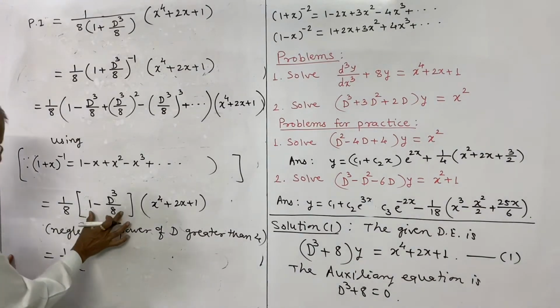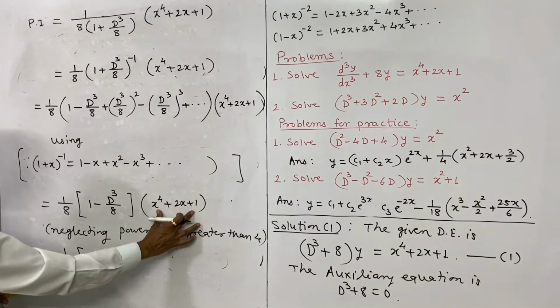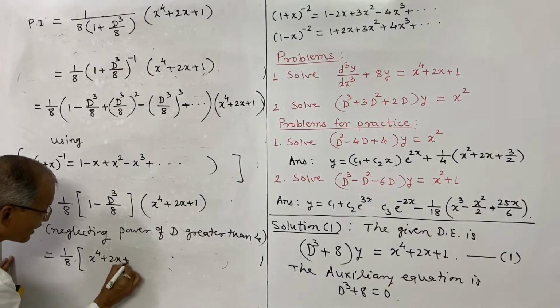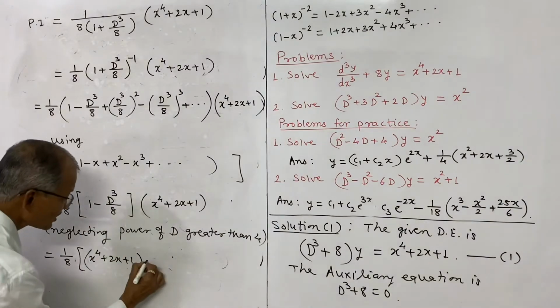Now we operate this on the function. So 1 into this will remain the same, x power 4 plus 2x plus 1, and minus d cube by